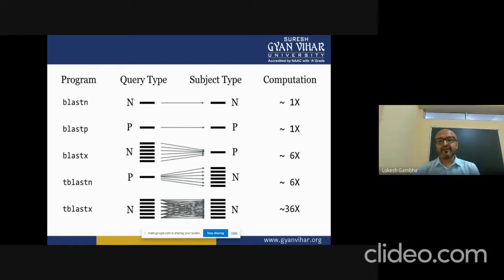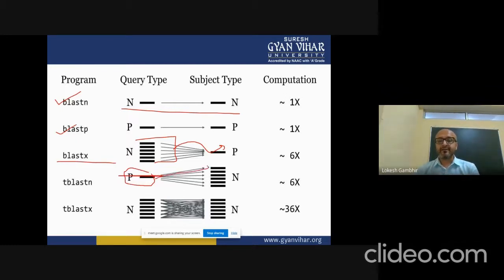So this is a summary of the query types: nucleotide to nucleotide is traditional BLASTN, protein matching is BLASTP. If you are using a nucleotide to match or convert it to a particular protein, that is BLASTX. With TBLASTN, you have a protein sequence and you want to see which nucleotide sequence matches, using the conceptual translation.